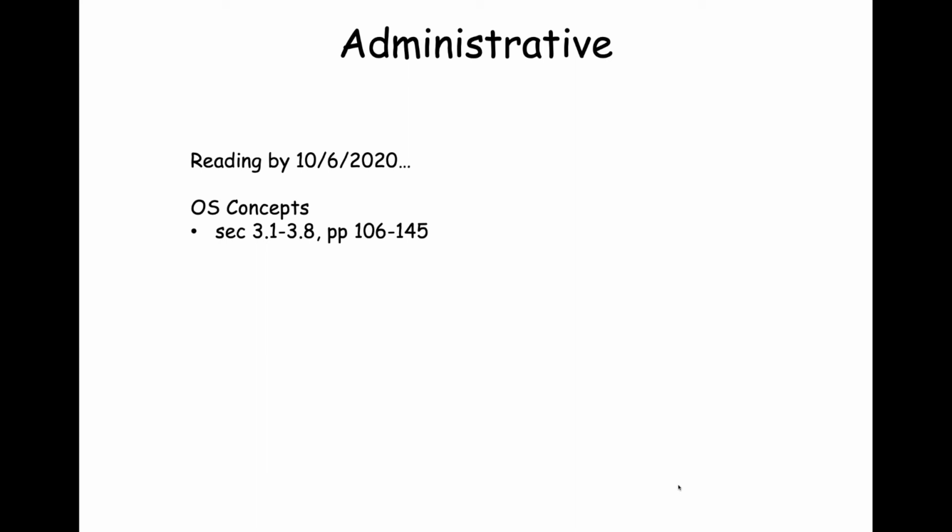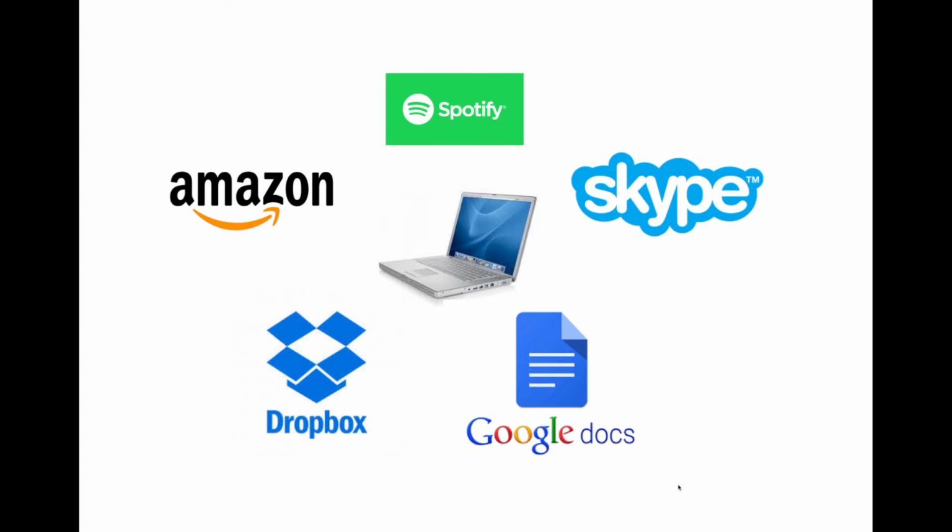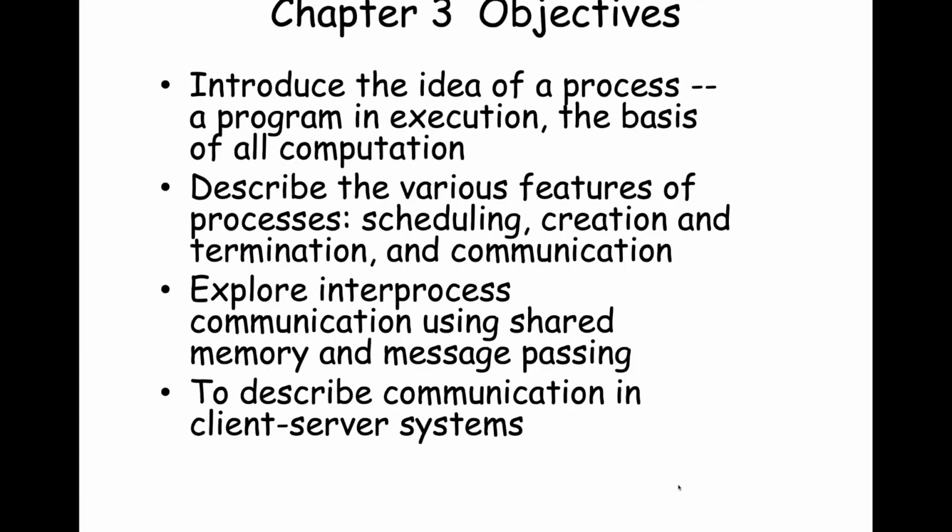So we run lots of applications on our systems, and these applications can be local, but more recently, these applications these days are distributed. They're remote applications, but these applications are still delivered to our machine, and we're able to get things done or entertain ourselves or go shopping with them. And so the objective for Chapter 3 is to talk about processes, or programs in execution. And this is really the basis of your being able to get things done computationally.